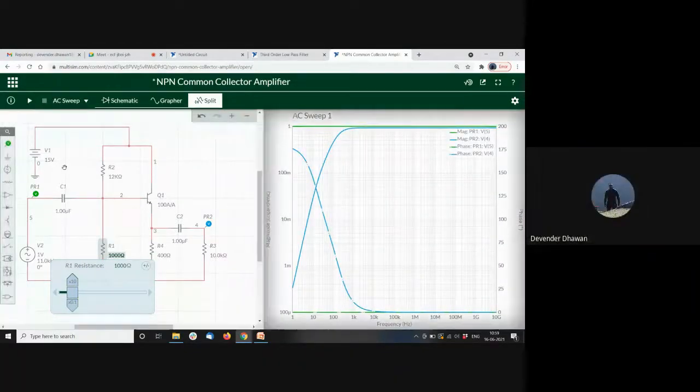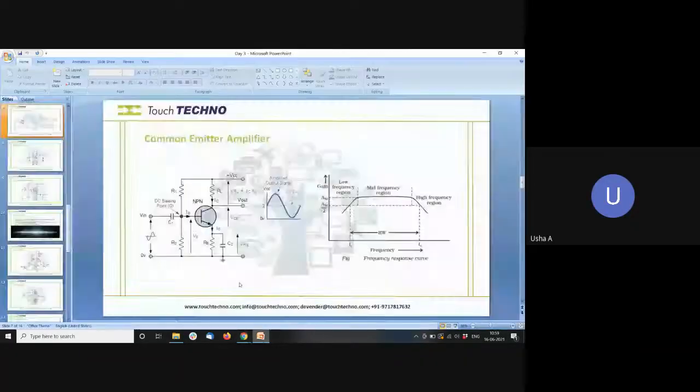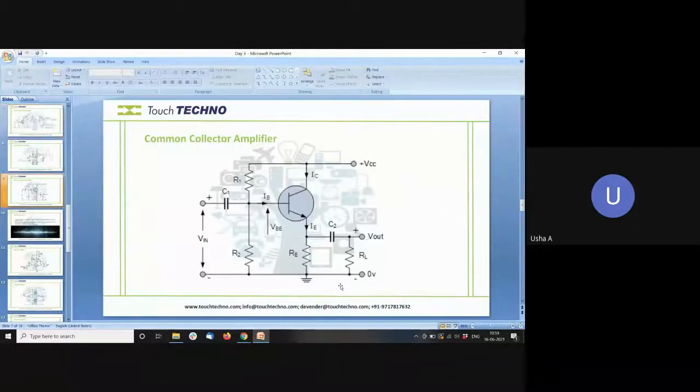So anyway, we have to do the calculations because this circuit is based on various formulas. So I'm just trying it right now. Sir, this is common collector configuration, no? Yes, ma'am, this is common collector configuration, whatever you're showing.